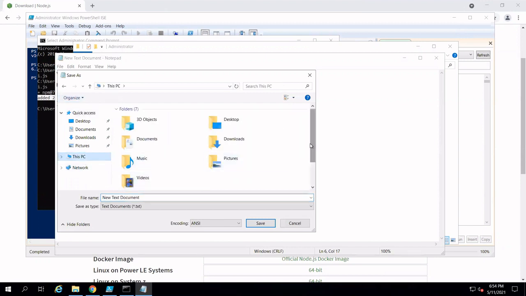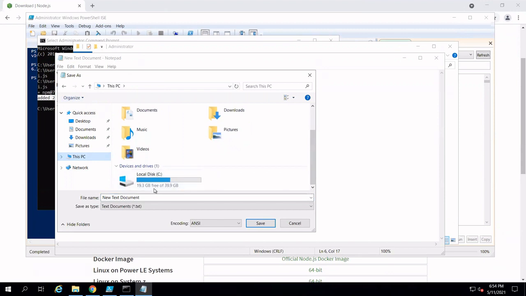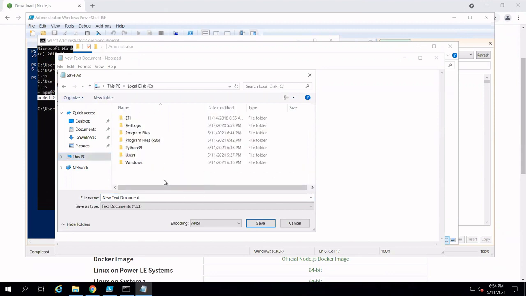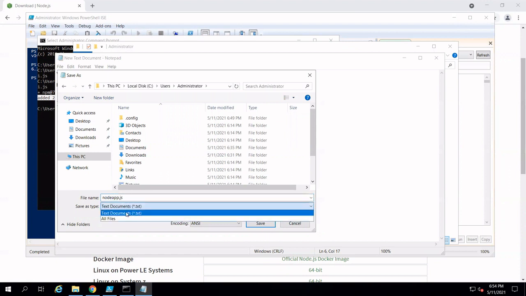Then you have to save the code. As we have given the name nodeapp.js, again you have to enter the path which I have told you, that is C drive users administrator, and I'm giving the name to my file as nodeapp.js.